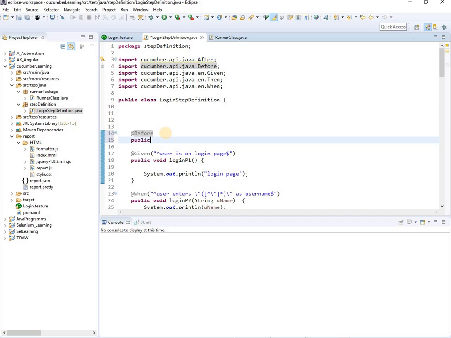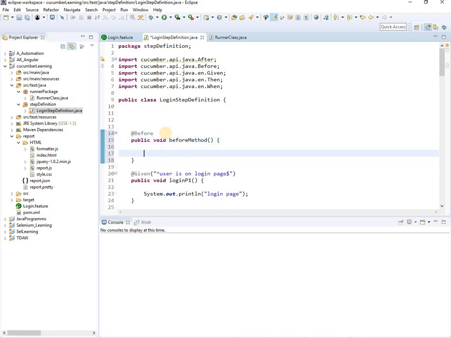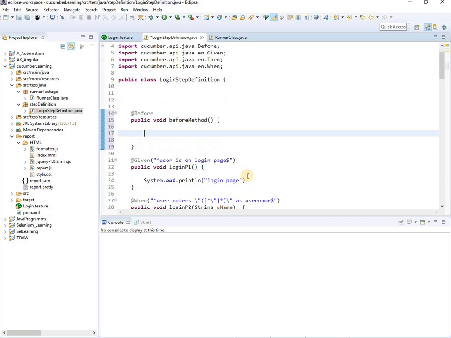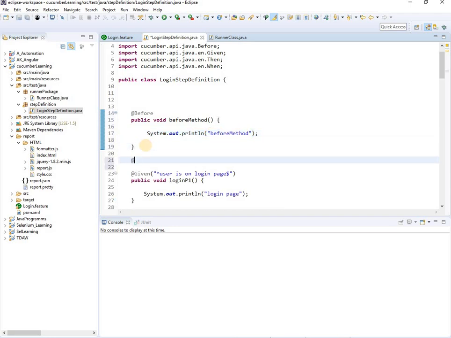And we'll give a method name: public void, let's say beforeMethod. And I am giving a sysout as before method, and the same I am giving in after.